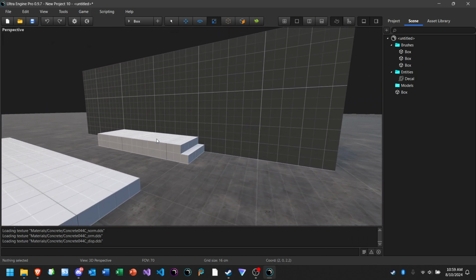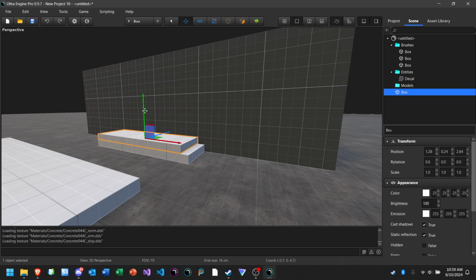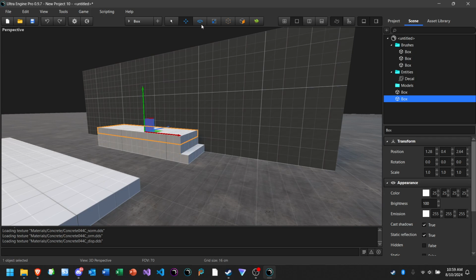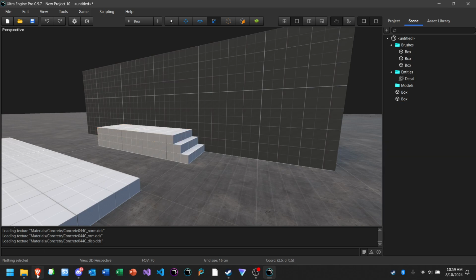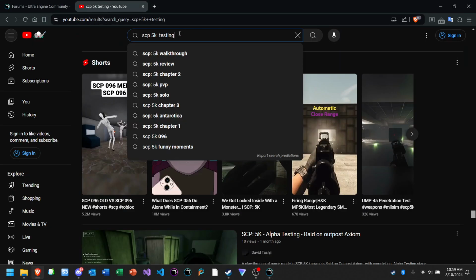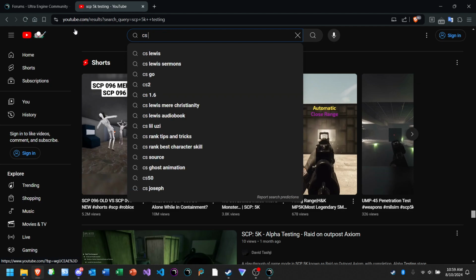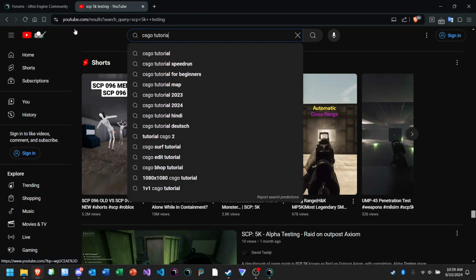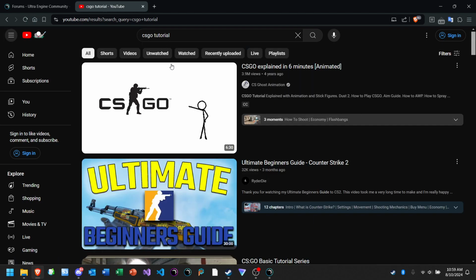Did you ever see the CS:GO tutorial map? I want something like that that you can run through. You go into a building, you're told, it shows you about